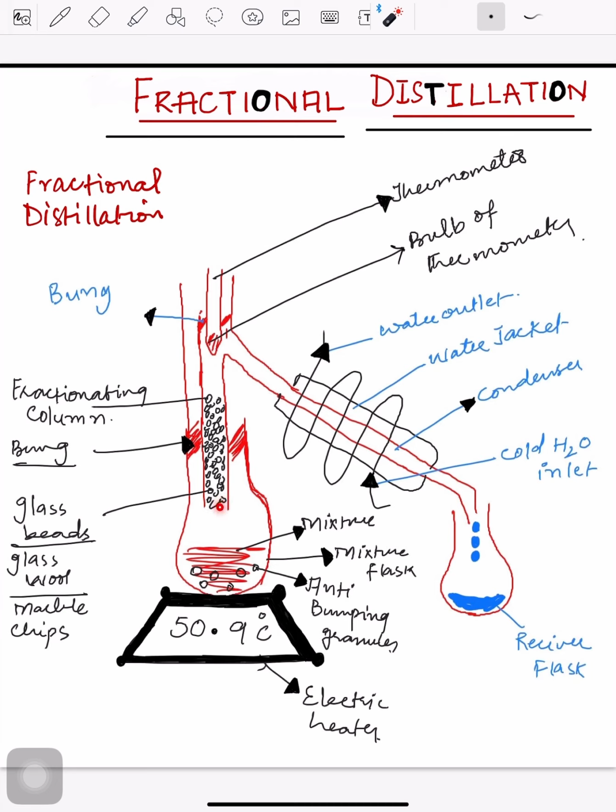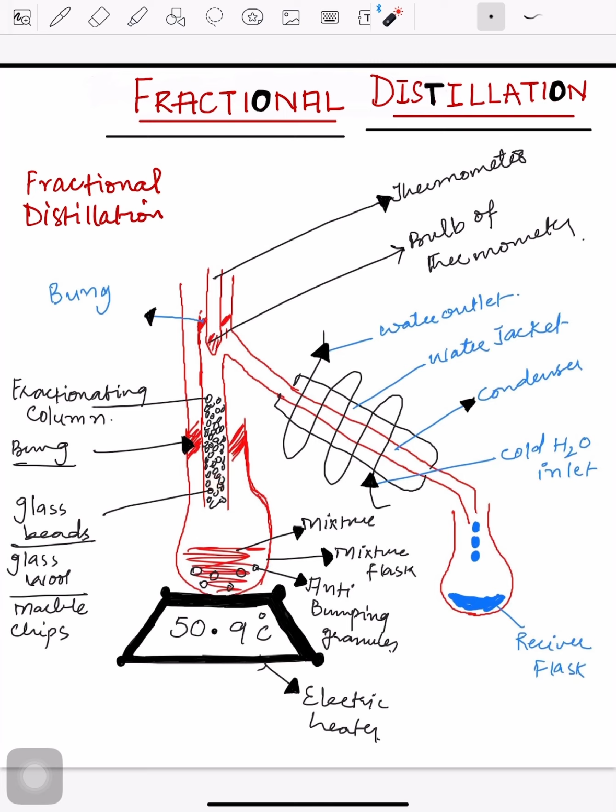In one of the exam papers, the examiner is asking what is the purpose, what is the use of the fractionating column. It is used to separate the fractions at their specific boiling points. Okay, something is filled here in the fractionating column. What is that? Here I have pointed out very clearly, it is either glass beads or glass wool or marble